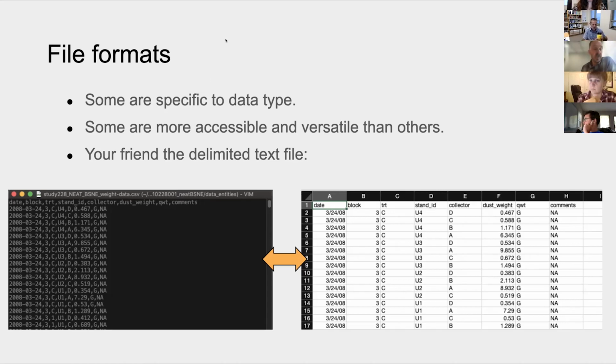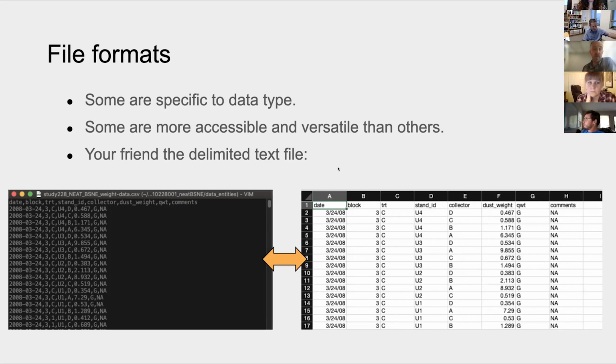If you're just collecting tables, you could use Excel files or you could use CSV files. But some of these file formats are more accessible and versatile than others. So I strongly recommend that if you have tabular data, you just put it in a delimited text file like a CSV file, or comma separated value file.